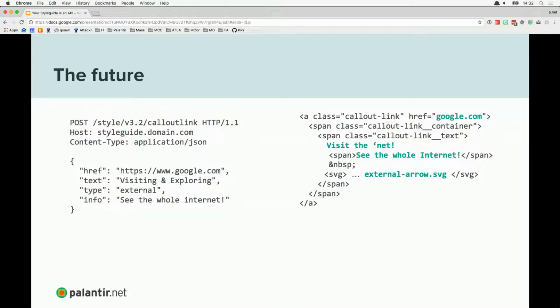In the future, this might just look like making a simple POST request and sending it to, you might notice, a specific version of my style guide, in this example 3.2. And I'm telling my style guide, hey, I have this information and I want it rendered. Can you tell me how to do that? And the style guide API is returning exactly the markup that we need and want, and can even do